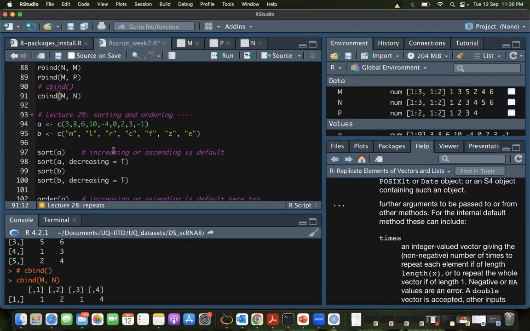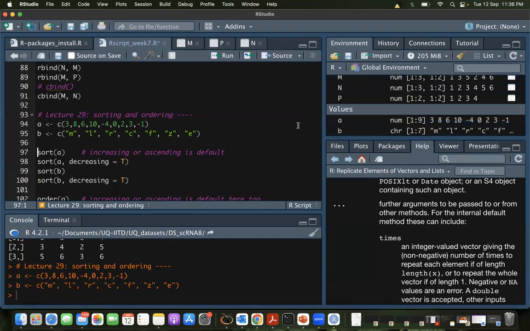Next up we come to two almost synonymous words, sorting and ordering. Let's take these two vectors. One of them is a numeric vector and the other is a character vector, 9 elements and 7 elements. I'll add a third word here, arrange. So you want to arrange them in a particular order, sort them in an order. We use these terms interchangeably, but with respect to R, we'll take a look at two of these,